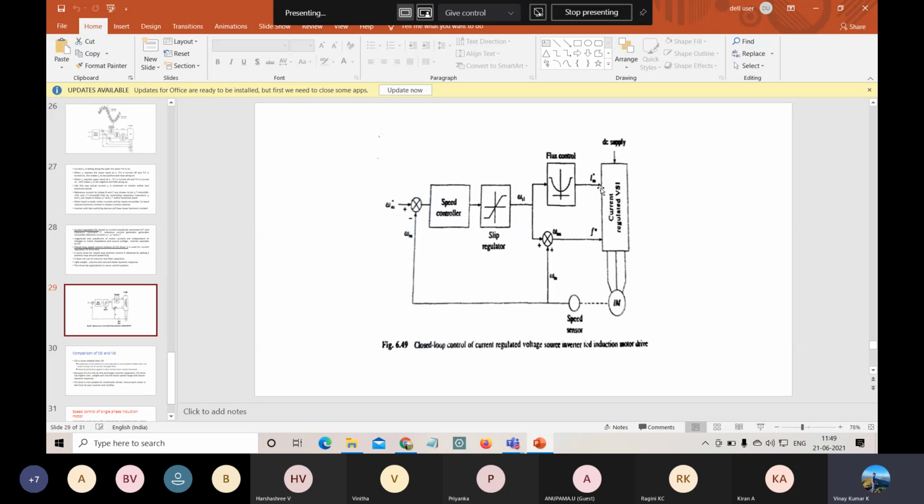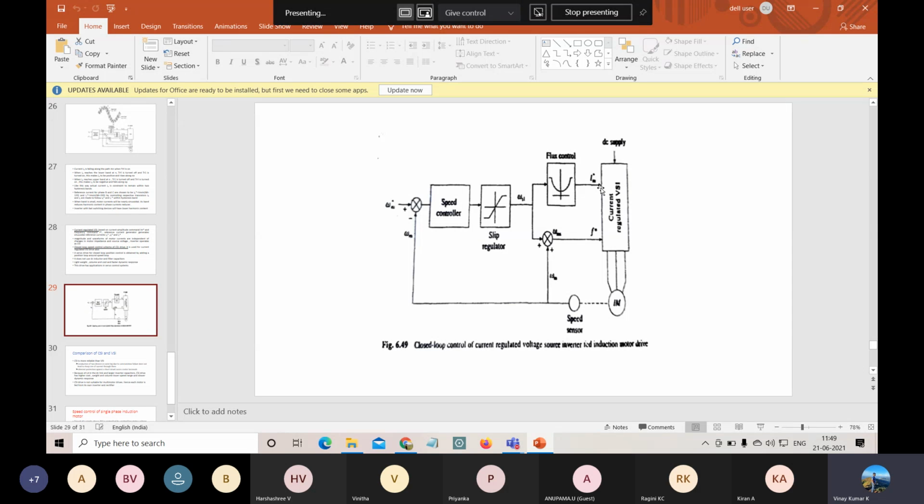So that's why in the first class itself I told you why we are going for current regulated voltage source drives, because they will not have any leakage inductor circuits and capacitor circuits, and this leads to a lower weight and also a fast dynamic response. Okay, fast dynamic response. That's the main advantage of these drives, and this is the main drive for servo control systems.